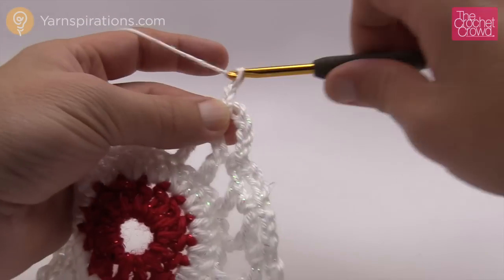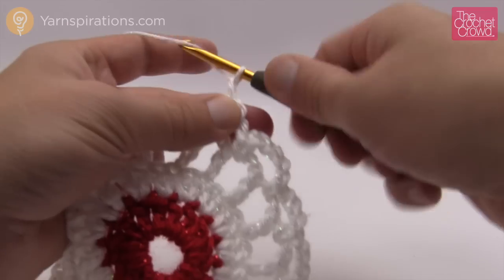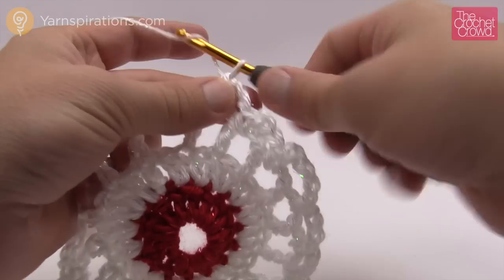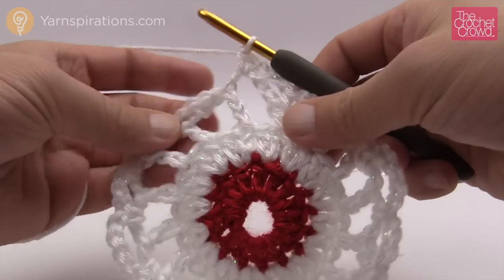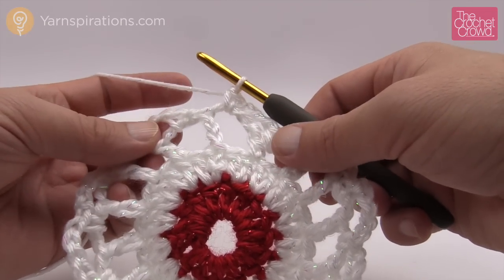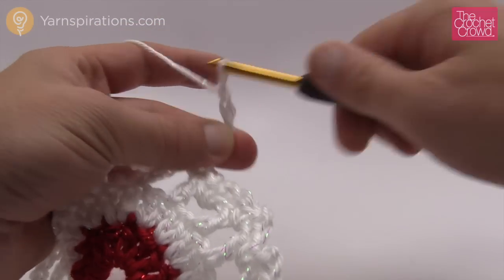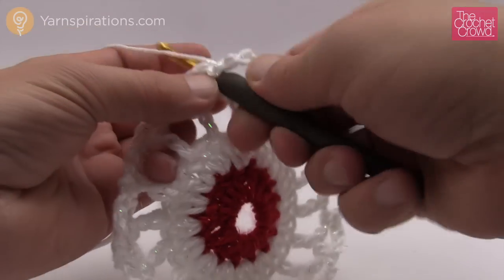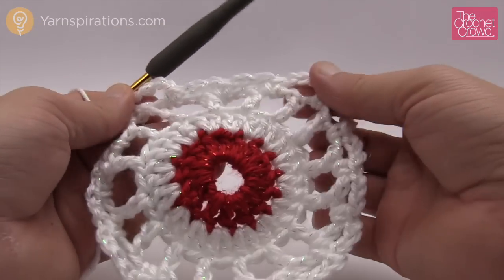So 1, 2, 3, next space for single, 1, 2, 3, next space for single, 1, 2, 3, next space for single, and we're almost all the way back around. Okay, so do you see that we're already in the next space, but we have a final corner to do. So 1, 2, 3, 4, 5, and then we come and just join it to the beginning single crochet that you started with, and we're gonna fasten that off at this point, and we're gonna go for our last round,